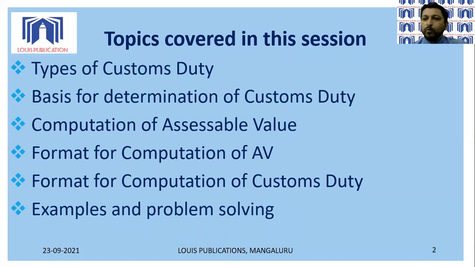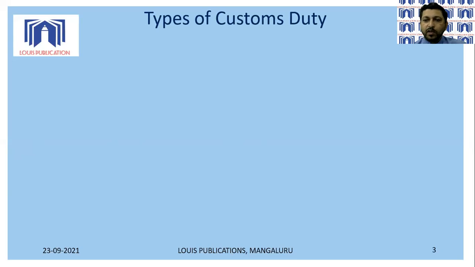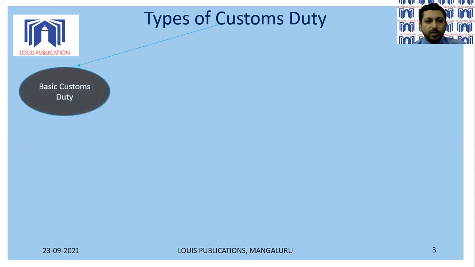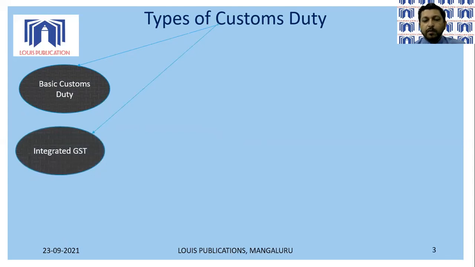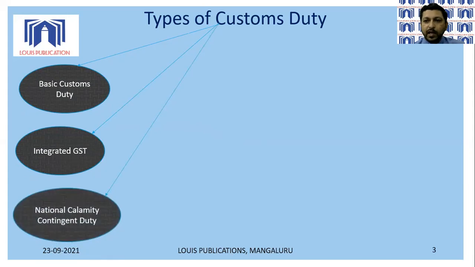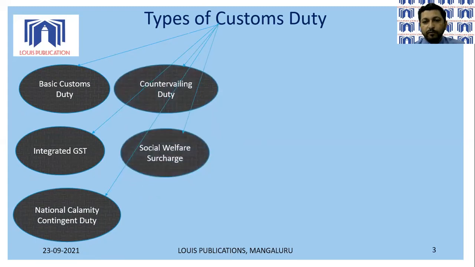So let's begin with the types of customs duty. Now, there are various types of customs duty that we are going to come across. I have put together all these in the form of pictures. We have basic customs duty. What does that mean? We will discuss. Then we talk about integrated GST. Because of GST coming in, what kind of impact has GST had on customs duty? Then we talk about the national calamity contingent duty. Then we have the countervailing duty. Then we talk about social welfare surcharge,